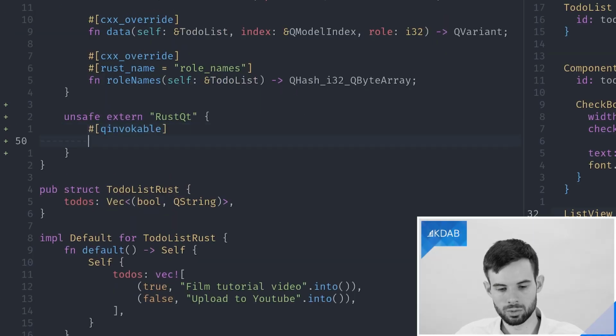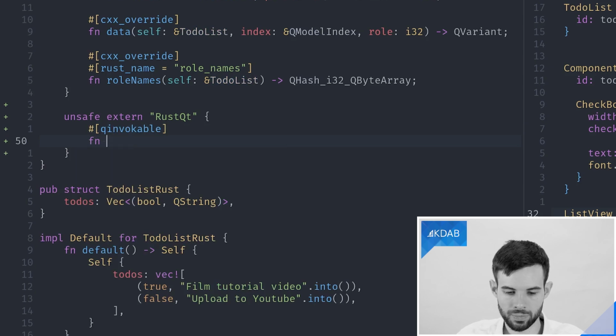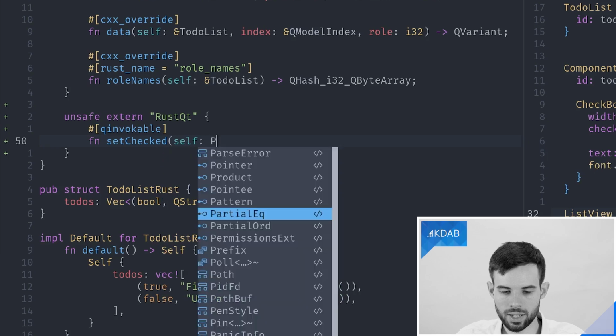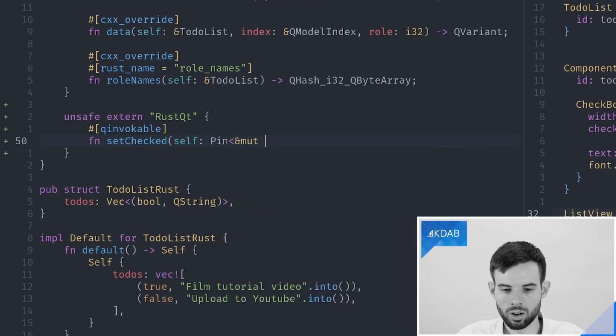The first one will be a QInvocable, which again means that we can access this function from QML. We will call it setChecked.